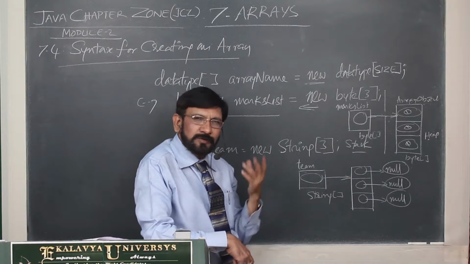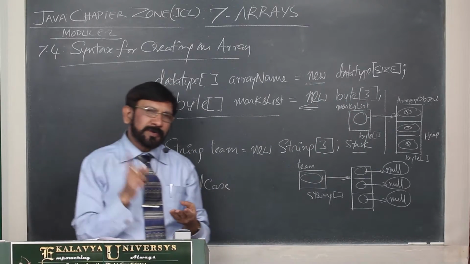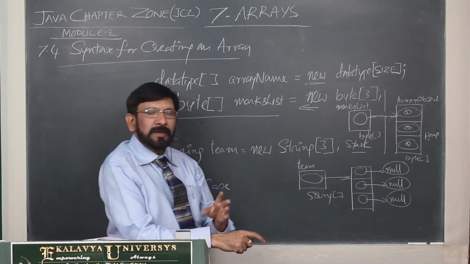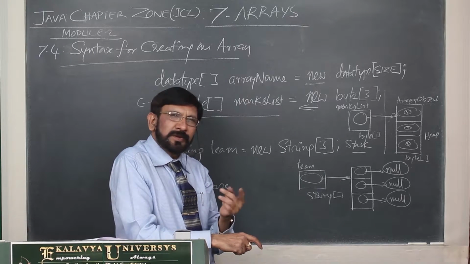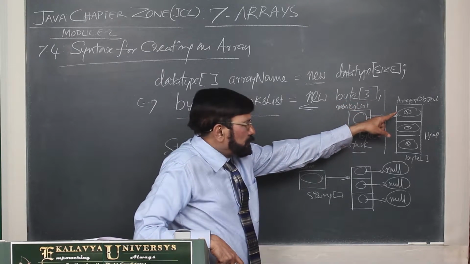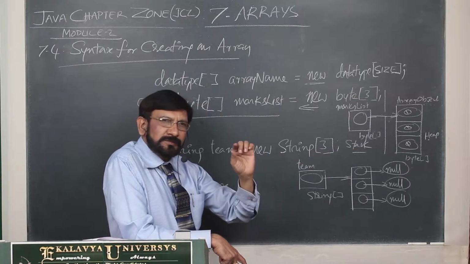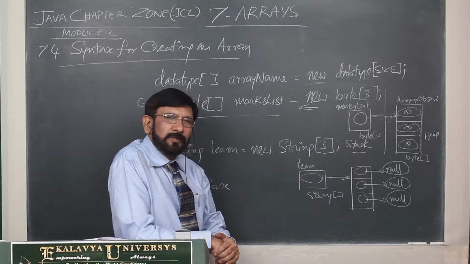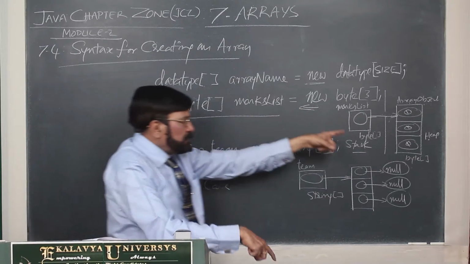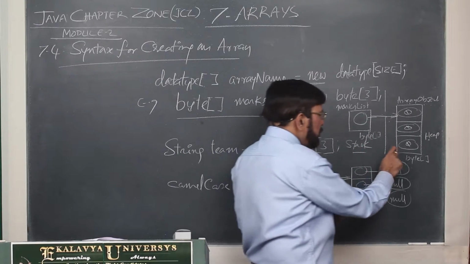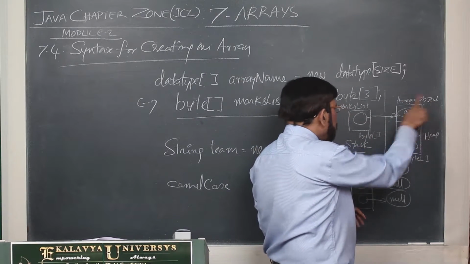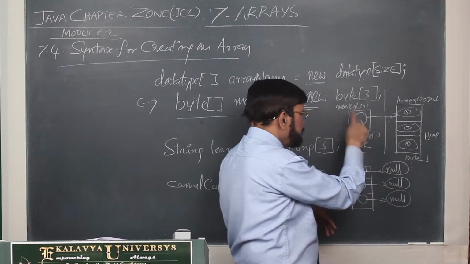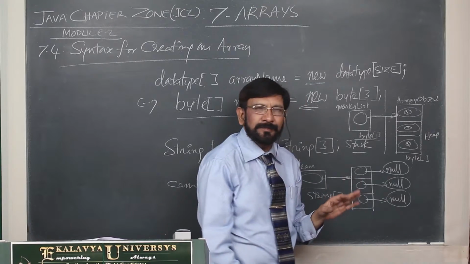This is the structure. So always remember, new performs 3 jobs. First job is it allocates the required amount of memory on the heap. Second one is it fills all elements with the default value of the data type. Third one, it returns the reference of the actual object. This is the actual object, the array object. This is the reference. Now you are linking up both. This is like a kite, this is like a string. That you have to understand.